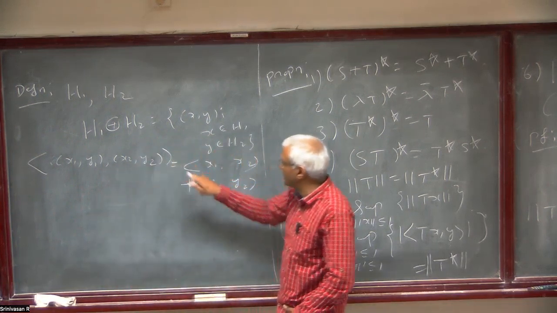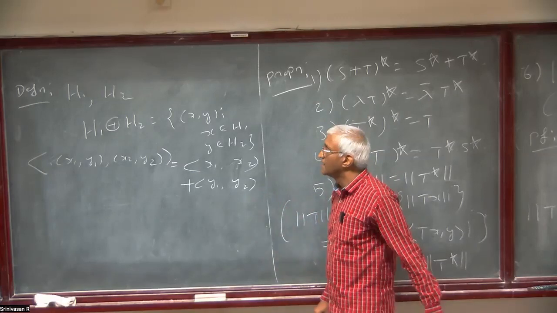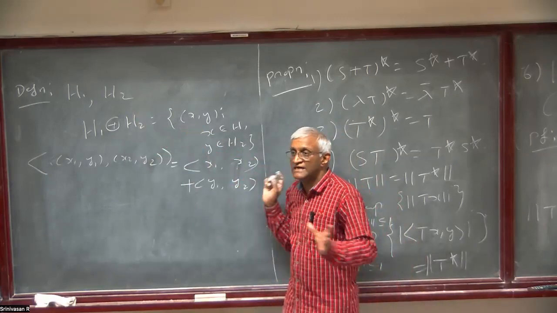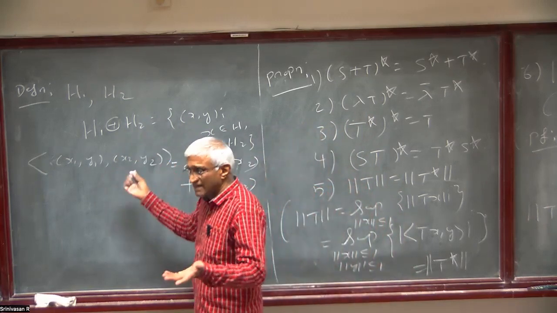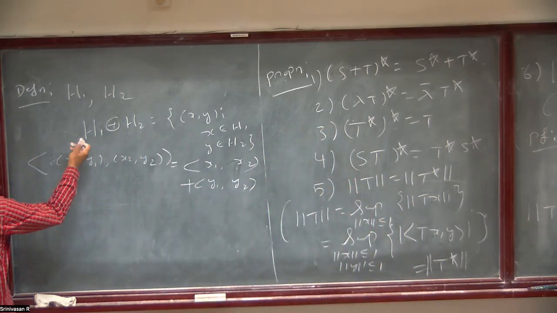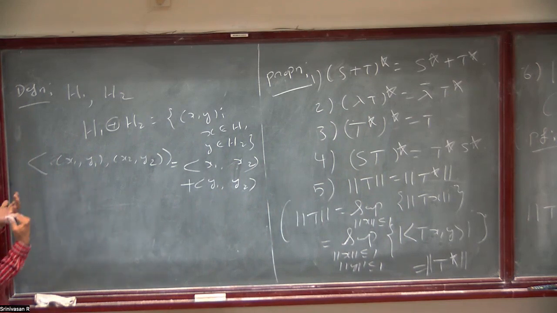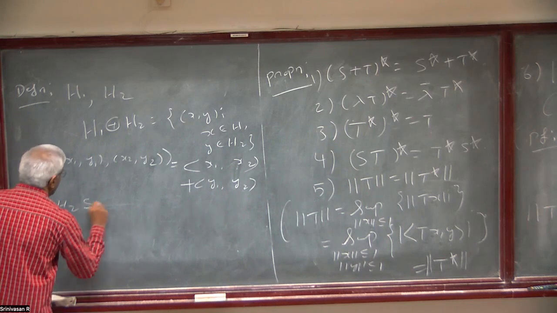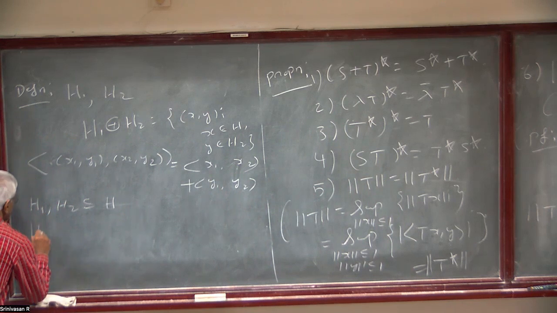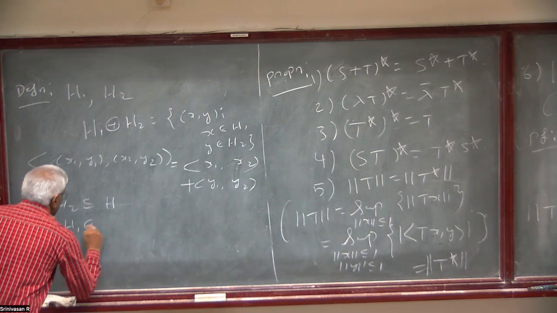Or if you take the norm of this, the norm will be a sum of squares. So this is the orthogonal direct sum. This is the external direct sum. So this will be up to isomorphism. These two things are the same. So if you have H1, H2 contained in H, then H is equal to H1 direct sum H2